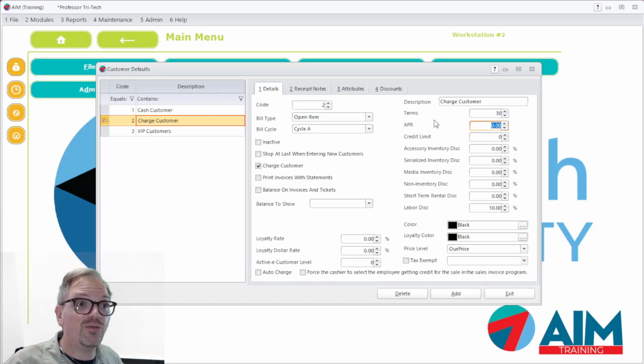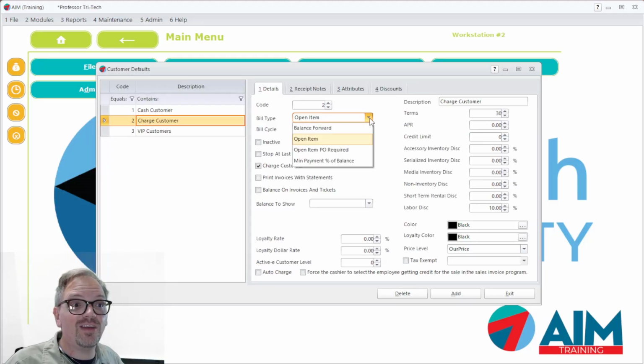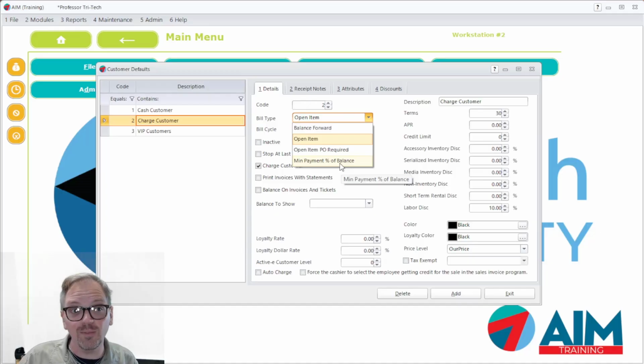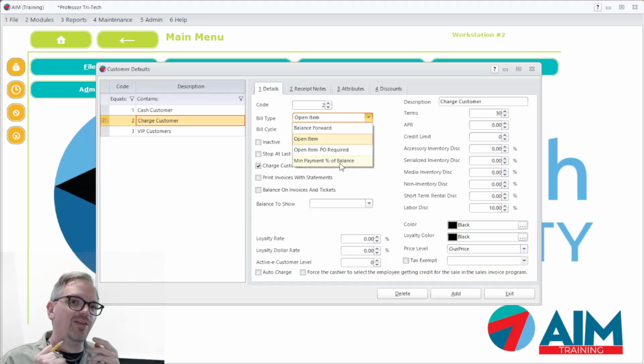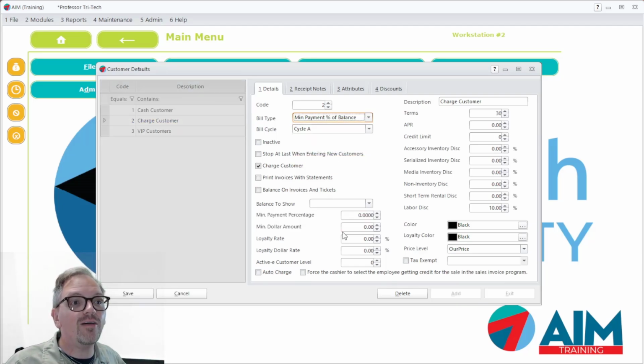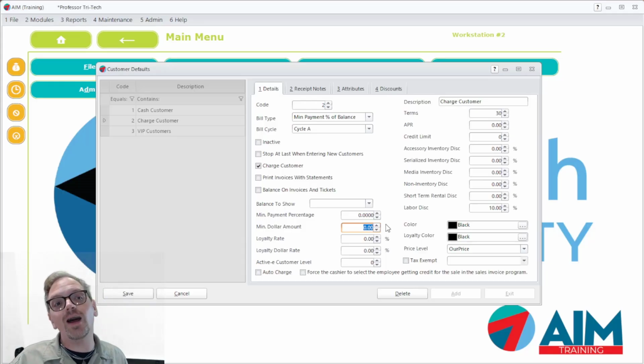If you are going to go this route, another function you may want to consider is a minimum payment percentage of balance for the billing type. In essence, this makes their accounts be more similar to that of a revolving charge or a credit card type of credit line, where as opposed to needing to pay the full balance within 30 days, they only have to pay off a certain minimum payment amount, either a certain percentage of their total balance or a minimum dollar amount,